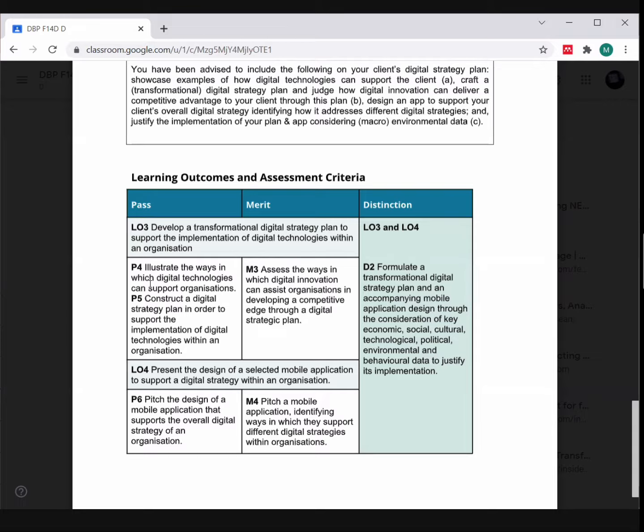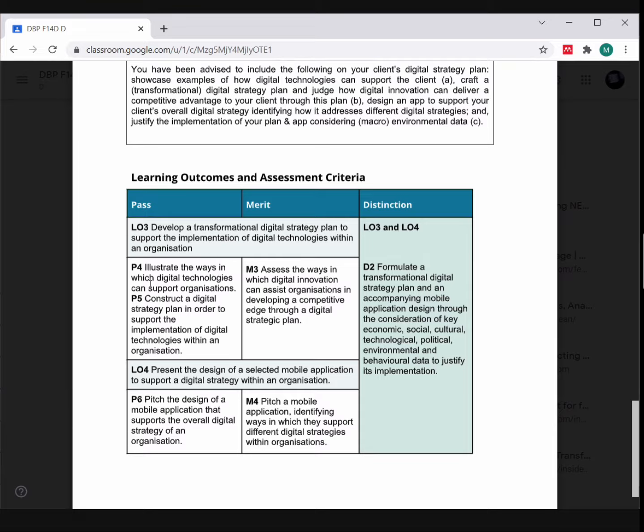Based on your analysis, you would have set your objectives, and based on the objectives, you would have selected some strategies. And now you should be at the point of knowing more or less what kind of app you want to make based on the strategies that you have selected. If you have an idea of more or less what app you want to do, then you can start doing P4, which is